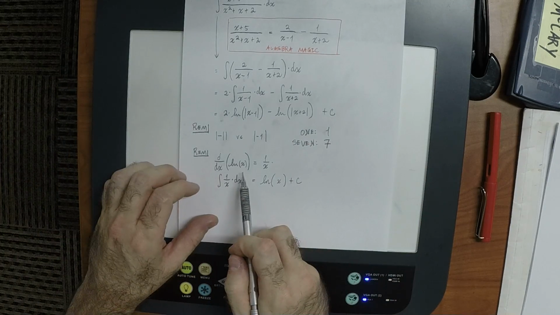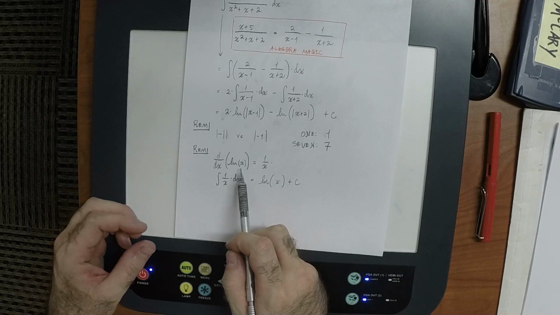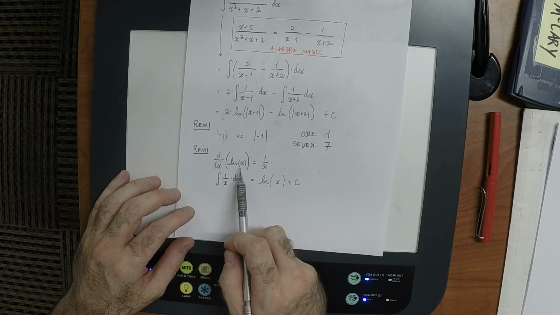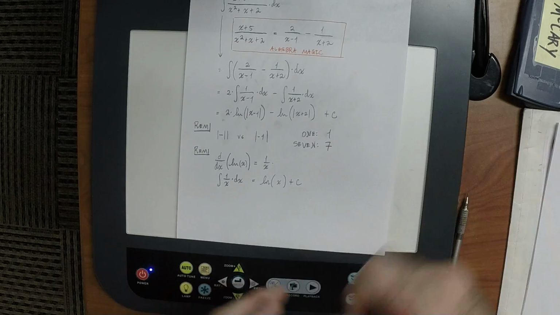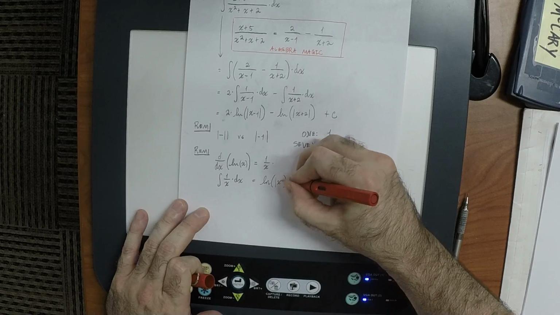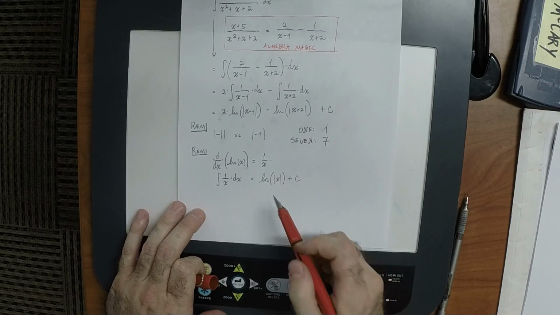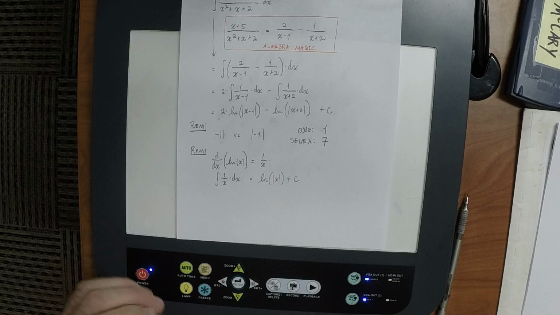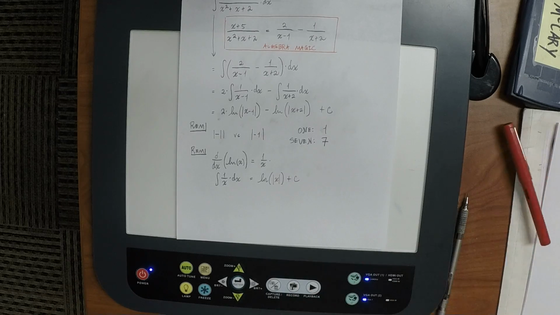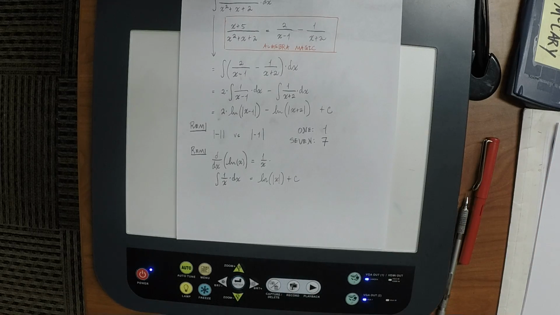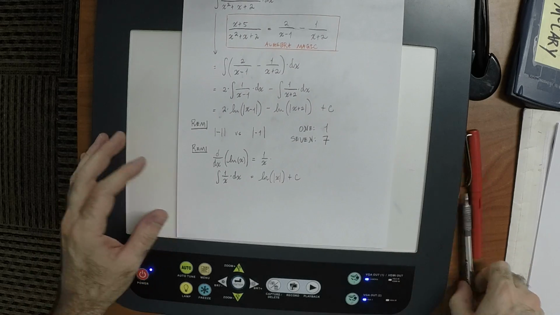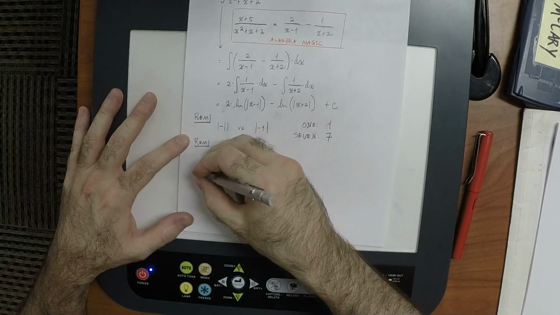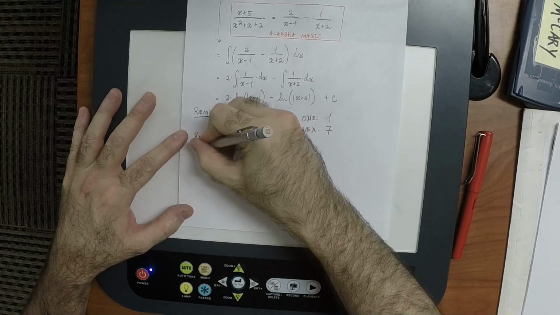Because if it's logarithm of just regular old x for that one, then why the change? Why is it that when you're viewing it from the antiderivative point of view that these show up? Okay, it's a valid question, and so I'm going to address that, because many of you are giving me googly eyes every time I say no absolute value. All right. So to that end, please consider